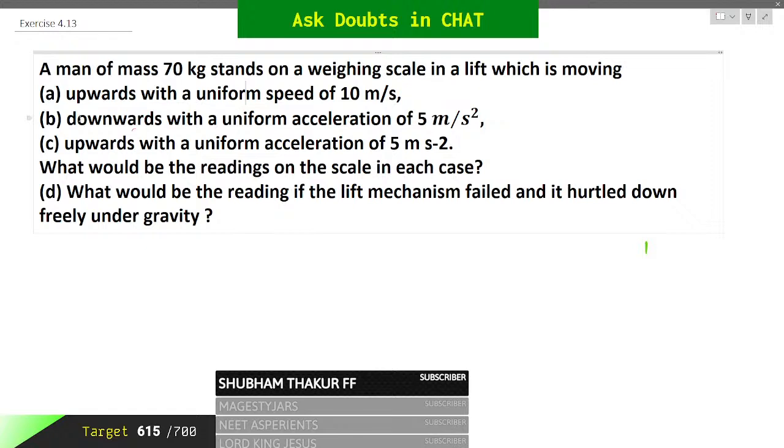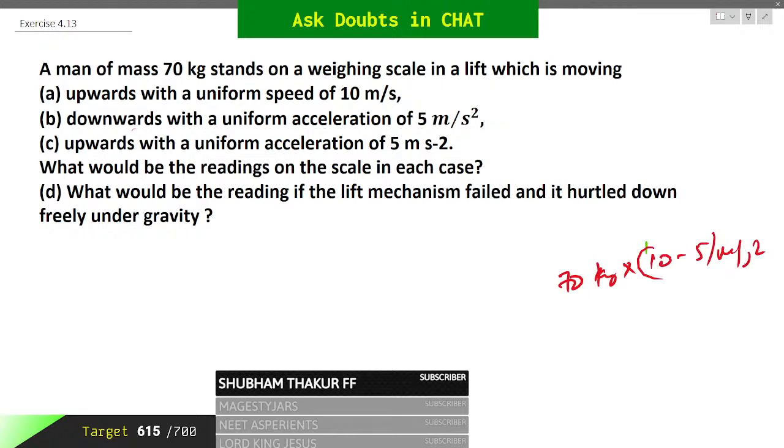Now in the second question we have the lift going downward with an acceleration of 5 meters per second square. When the lift is moving downwards, the reaction will decrease by the same amount as the acceleration. So the net force on the body will be 70 kg times (10 minus 5) meters per second square, and that would give us 350 Newton, or the mass displayed on the weighing machine is 35 kg. The force diagram will look like this. So in case b,